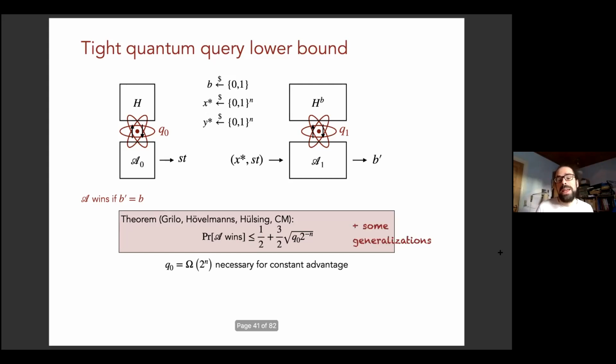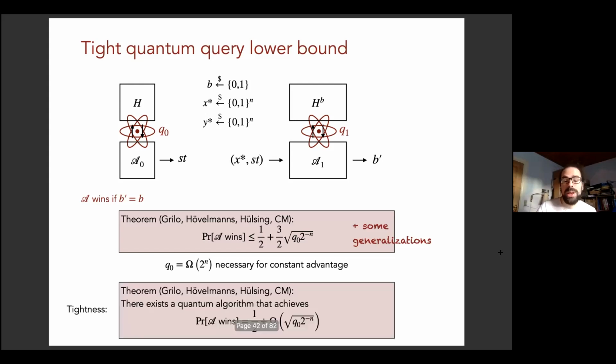And let me just mention that this is the simplest version of our theorem, as this is the simplest version of the adaptive reprogramming game that I presented here. There are generalizations for situations where there are several reprogrammings and where the adversary has partial control over the position where to reprogram, so over x star. And these are important in applications.